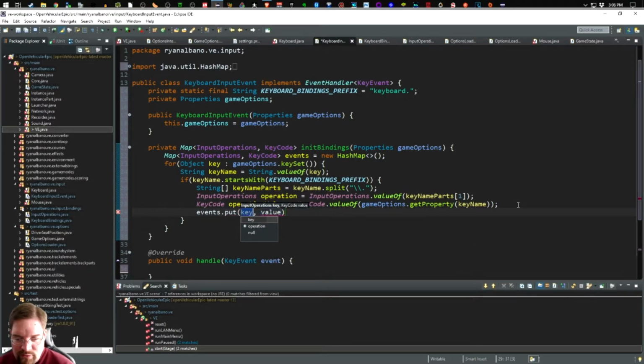So we want to put in there the operation and the operation value. Bam. That goes in there. And then we loop around again and we look at the next key name, and if it starts with the keyboard bindings prefix, then we do the whole thing over again. That should get us all the keyboard bindings